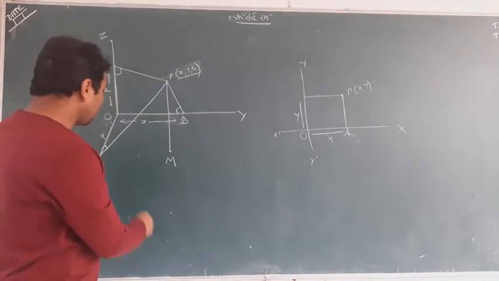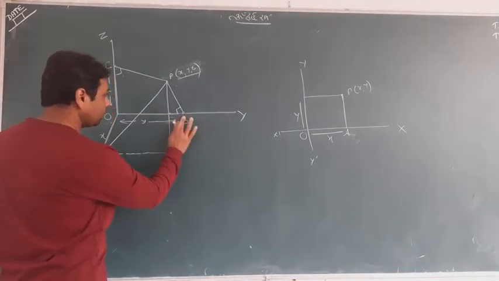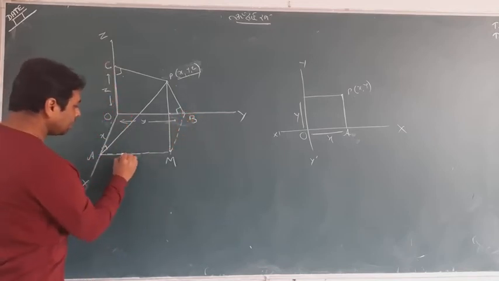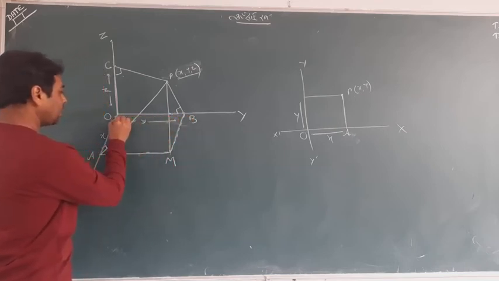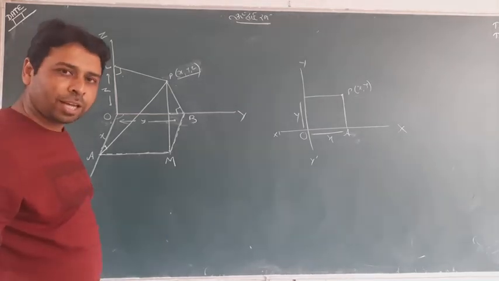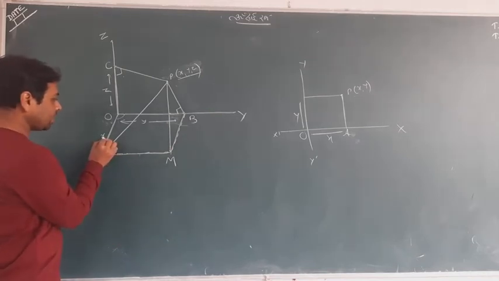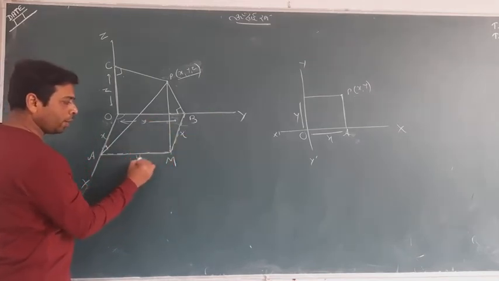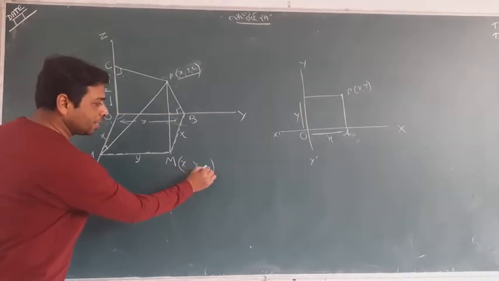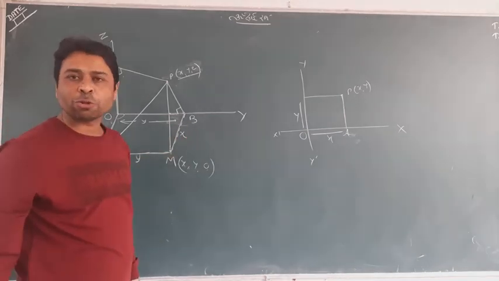Okay, if I join it and I join, see that this is none else but a rectangle. It looks like a parallelogram, but it is not because it is 90 degrees. It's a real position, a two-dimensional figure. It is x, it is also x, it is y, it is also y. One can find the coordinates of M, that is x, y and 0. Why so? Because the point is lying on the xy plane, so the z coordinate will be 0.